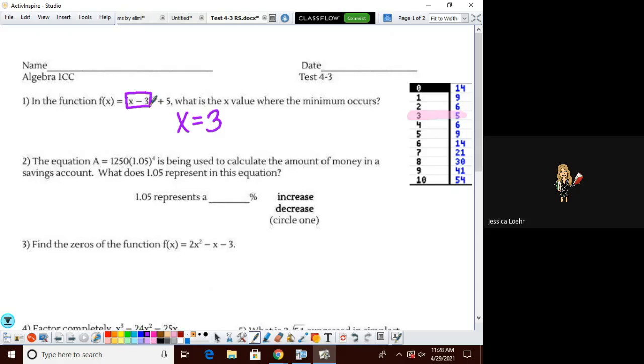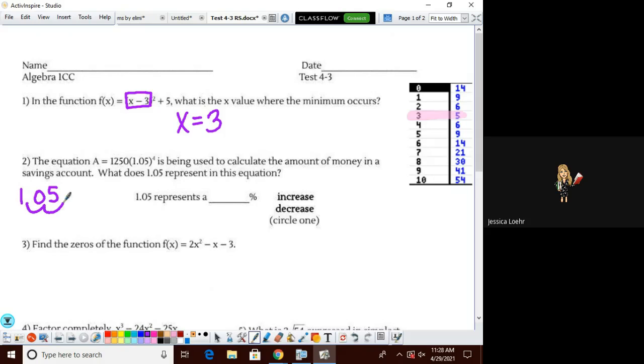The equation A equals 1250 times 1.05 to the 4th is being used to calculate the amount of money in a savings account. What does the 1.05 represent in this equation? You need to decide if it's representing an increase or a decrease. 1.05,